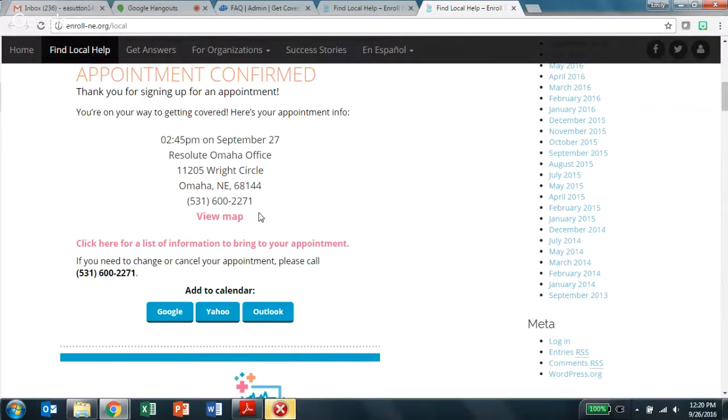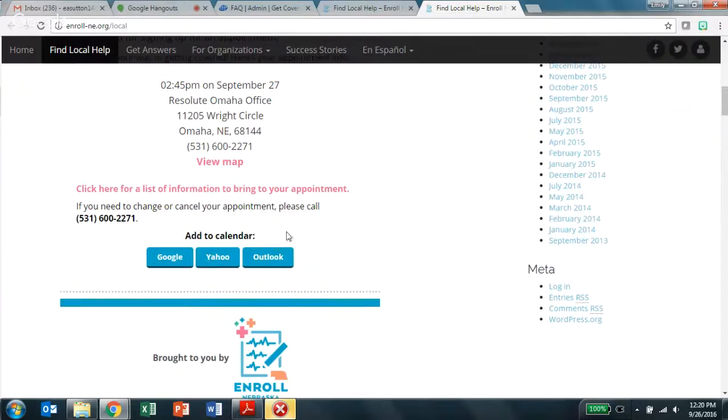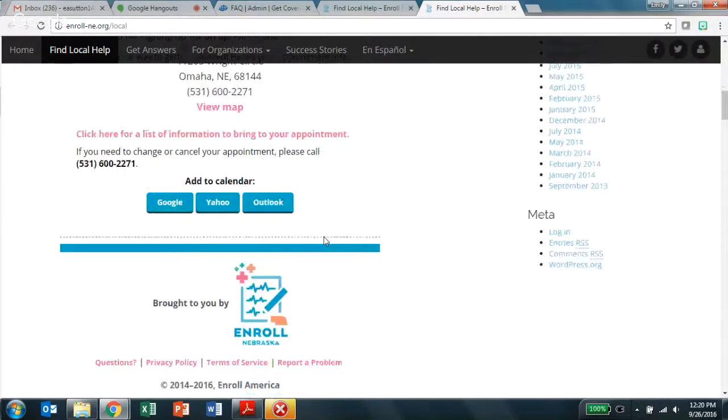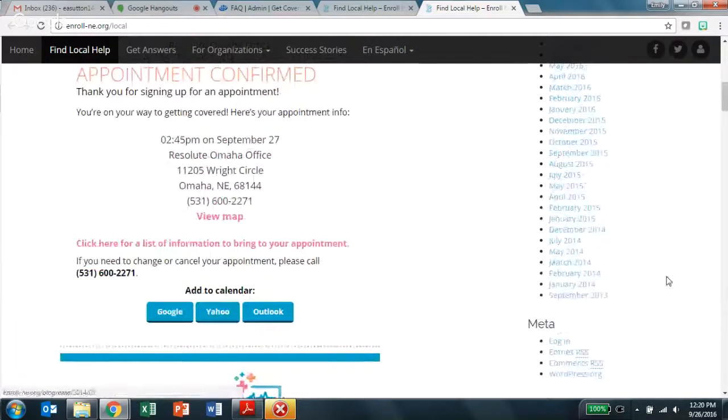And then I have the opportunity to add this to my calendar. So if I use Google Calendar or Yahoo Outlook, if I click on that, it will transfer that information to my calendar. I will also get a text message,